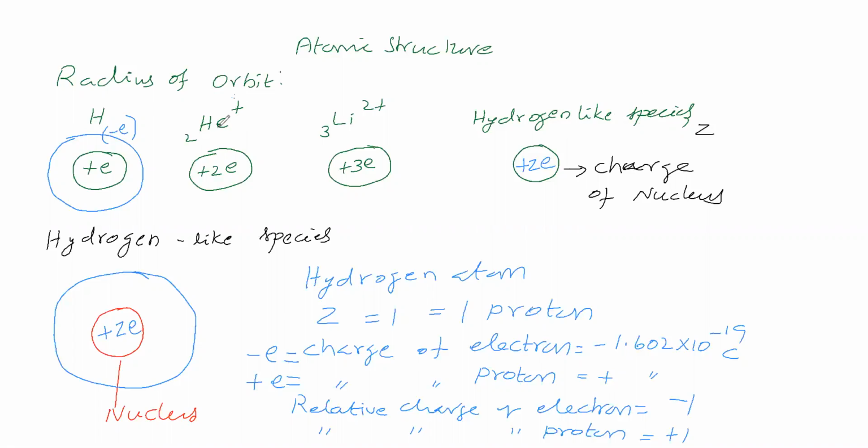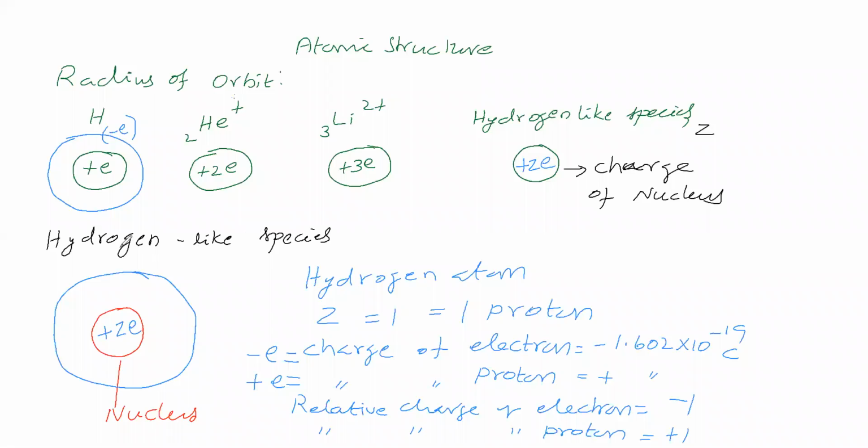But regarding electrons, the number of electrons is like hydrogen, so we say it is an example of a hydrogen-like species with respect to electrons. It has 1 electron. So a hydrogen-like species has 1 electron, like hydrogen, but its atomic number is not 1. The atomic number varies for different species.